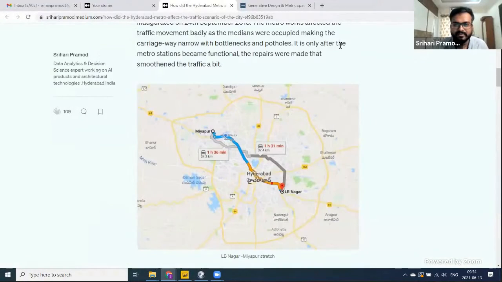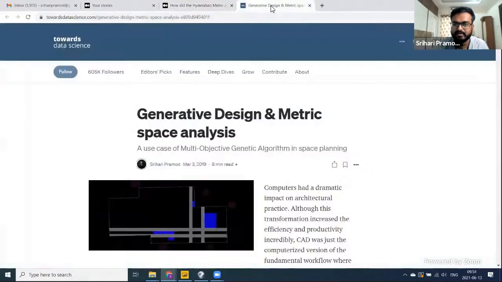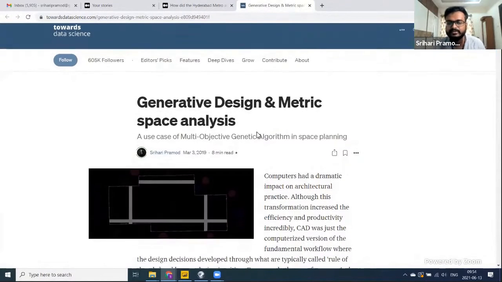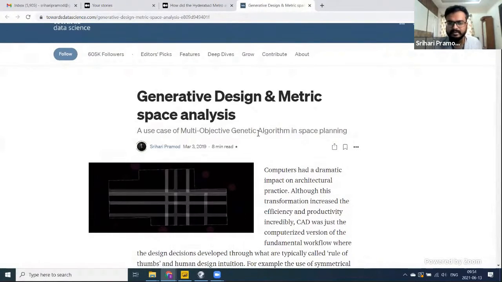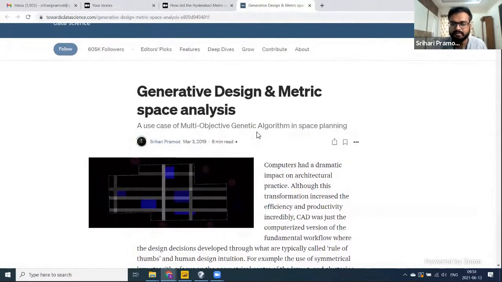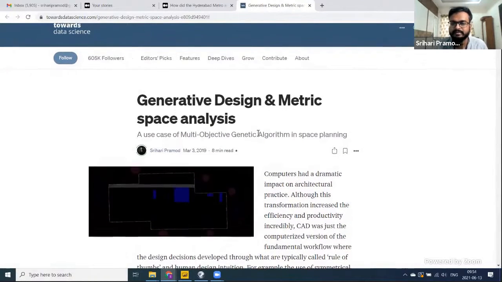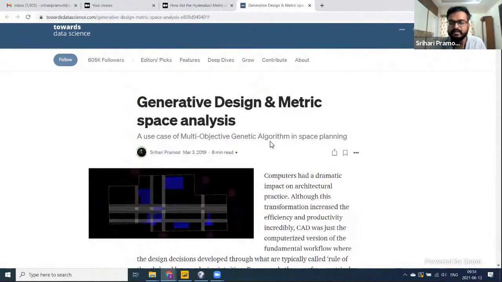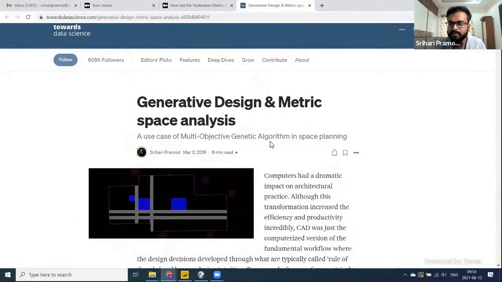So I'll just basically go through another piece that I've written lately. It's basically talking about generative design and metric space analysis. This is an interesting experiment which has already been there. I've just mimicked an existing piece of multi-objective genetic algorithm, which basically lets us explore different configurations of a particular design,